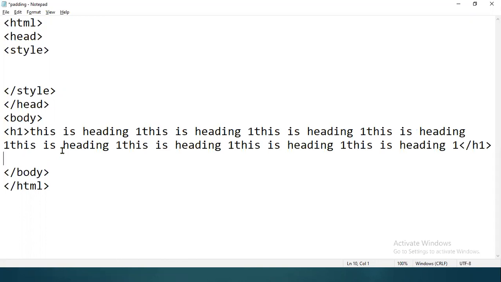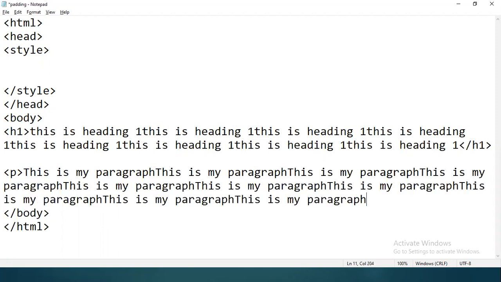Okay, after this, I wanted to have one paragraph tag. Then I'm writing some stuff here. This is my paragraph. You can write anything. I'm going to copy paste this multiple times. Now I'm going to close the p tag.